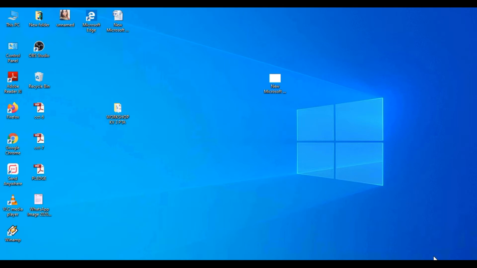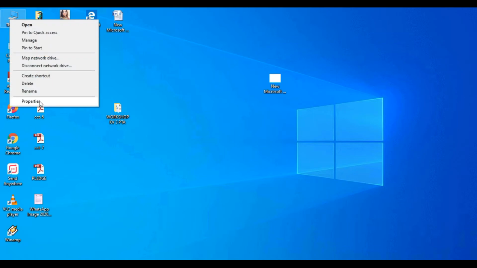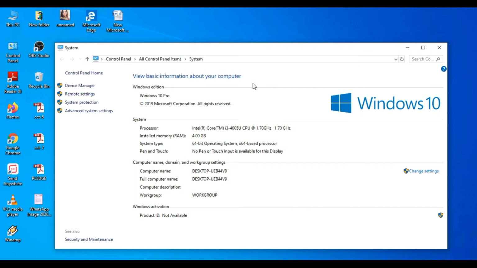Whenever you open your computer, this is the desktop displayed. In this course, you will be downloading many softwares, so you must know the configuration of the computer that you are using, maybe laptop, maybe desktop. To know the configuration, go to this PC. In some cases, it is my computer mentioned. You right click that, then click Properties. A new window pops up which shows the basic information about your computer. And if you look down here, is system type 64-bit operating system mentioned.